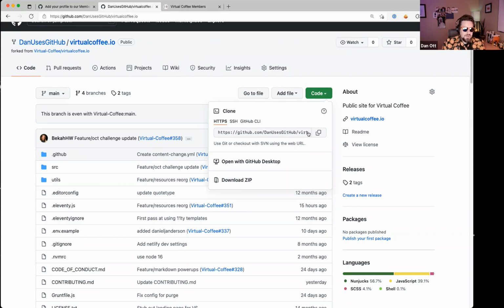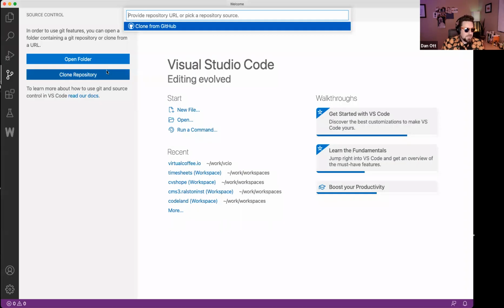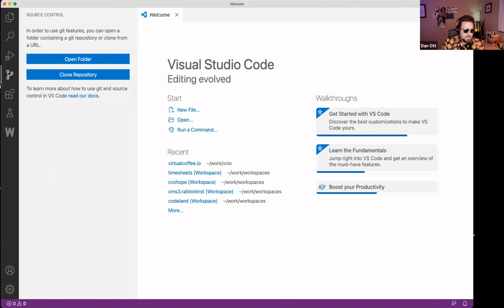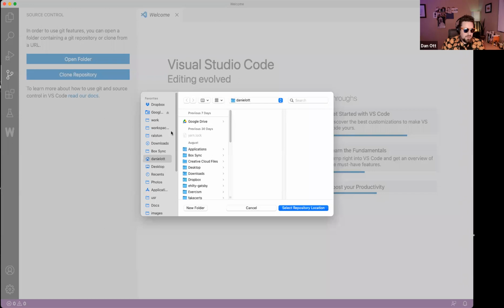All right, so we have the URL. If you're comfortable in the command line, this is where you clone. If you do it other ways, that's fine. You can open in GitHub Desktop if you like, that sort of thing. I'm just going to keep going in here. So we paste that in here and hit enter. It'll give you a choice